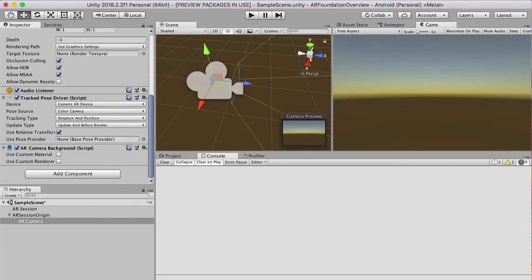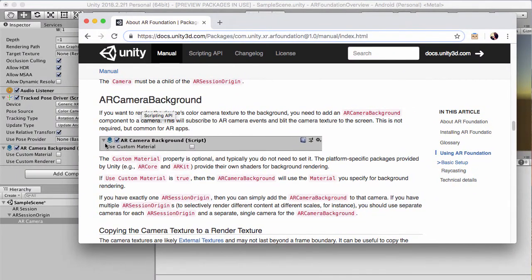So what I'm going to do is just change a few settings now and fix this camera issue. So let's do that now, and I'll tell you why that's. All right. So the reason why we're not seeing what the camera is seeing is because we don't have this AR camera background script. Now in this documentation, it says if you want to render the device's camera color texture to the background, you need this AR camera background component to the camera. This will subscribe to AR camera events and blit the camera texture to the screen. Now I assumed it was actually if you wanted to put that onto something else rather than the camera screen. And I saw this is not required, so I thought, it's not a big deal. But